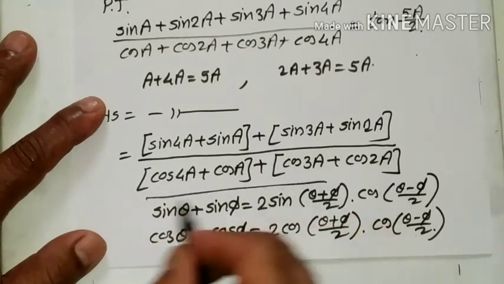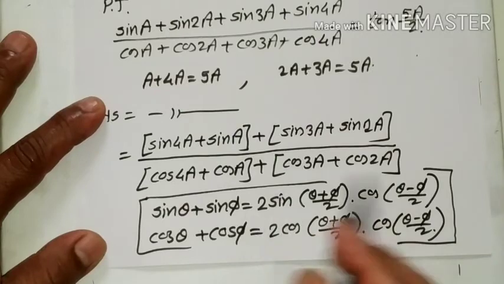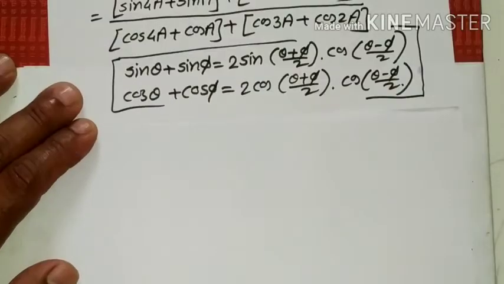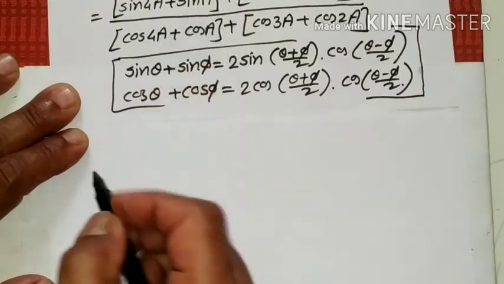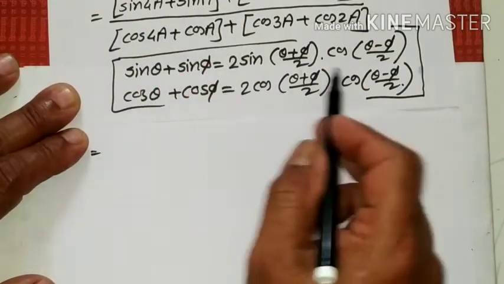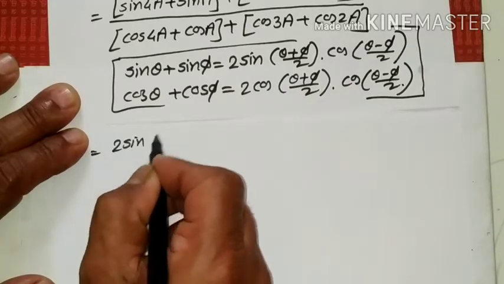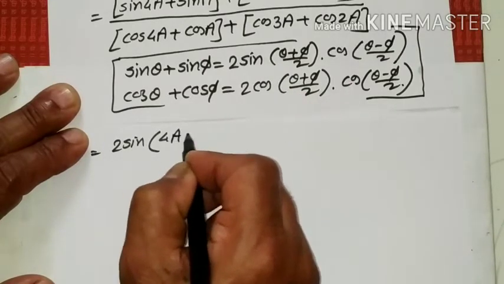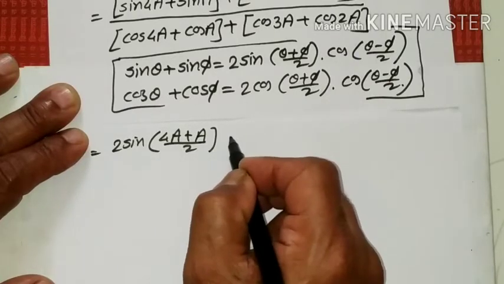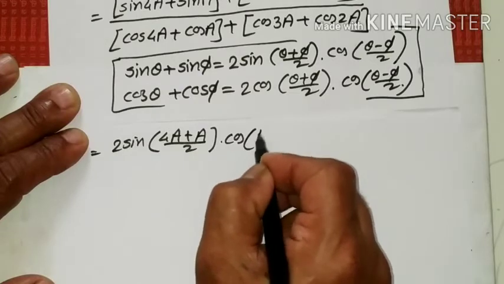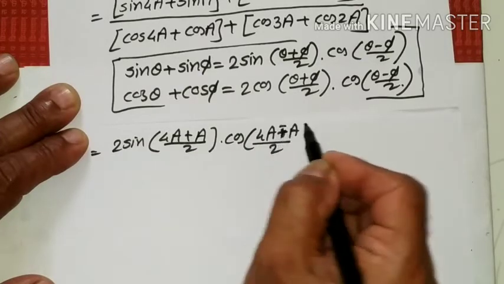Using these two formulas for numerator and denominator, sin 4a plus sin a is equal to, first formula, 2 sin((4a plus a) divided by 2) into cos((4a minus a) divided by 2)